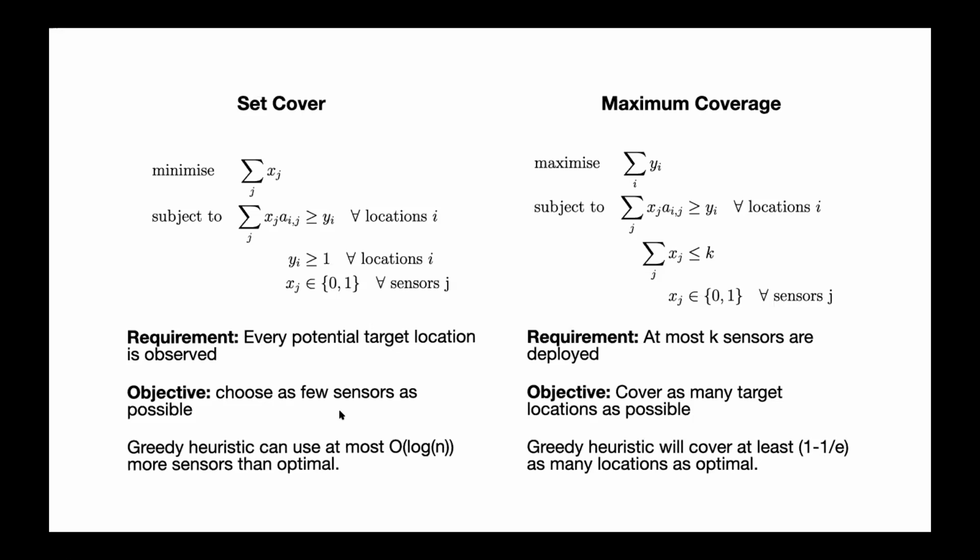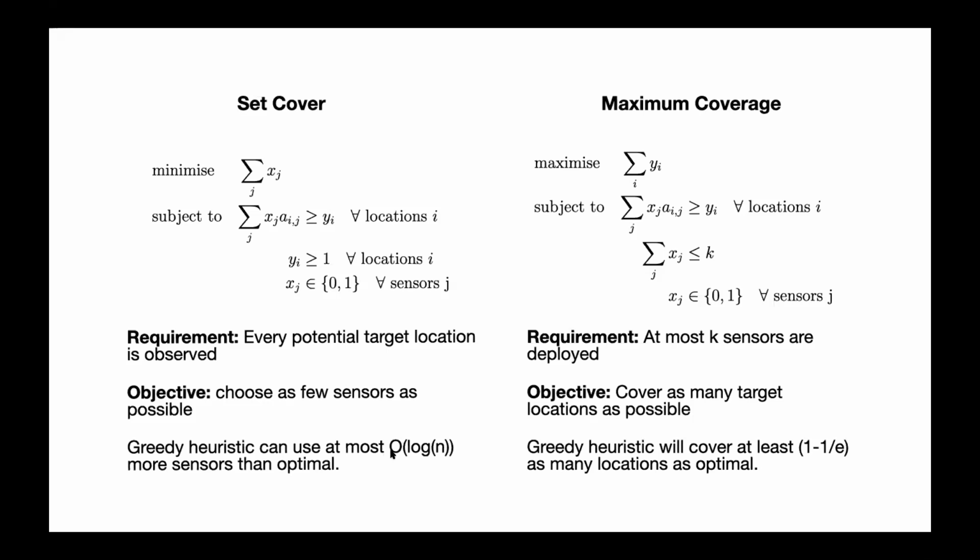So for example, if you've discretized your space into say 1,000 points, I guess let's take logs with base 10 because there's some constant hidden in there anyway, then this says maybe you could expect to use 3 times as many sensors as you had to. So this is a little bit scary.